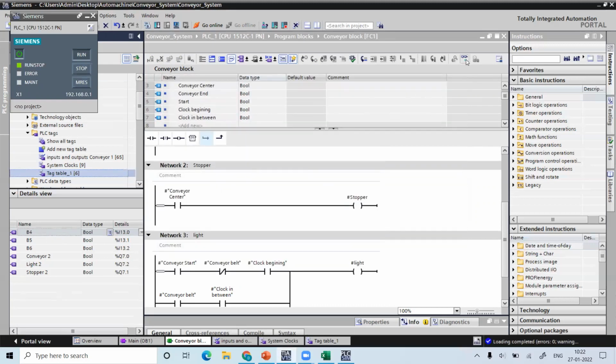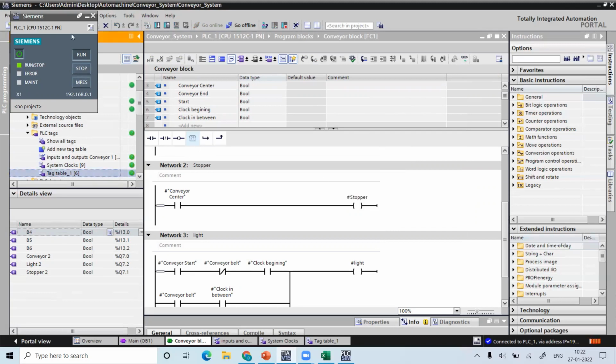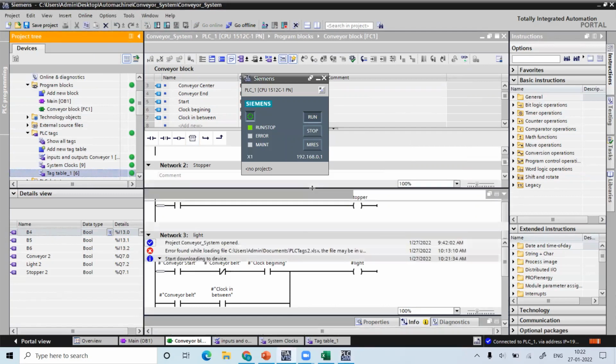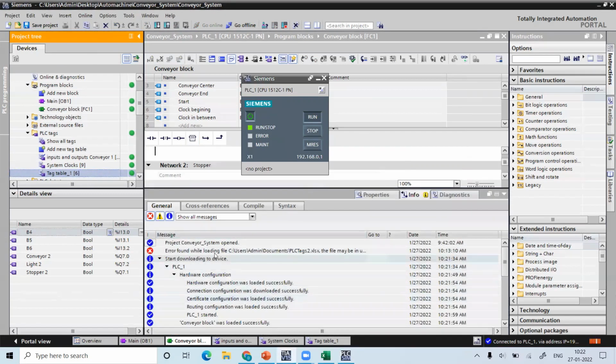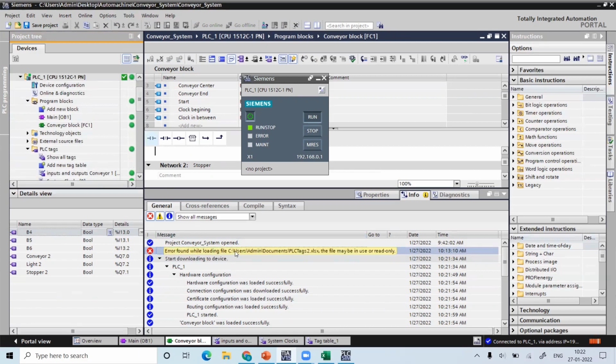Okay. Now monitor on. So it is showing some error really. Okay, PLC tag may be used or read only, found while loading the PLC tags.